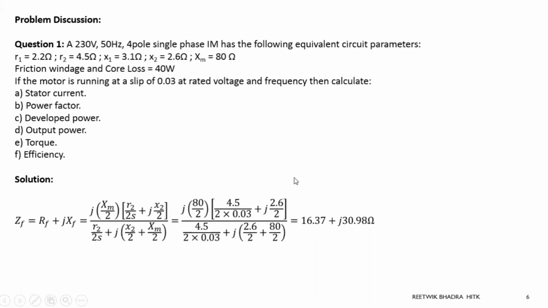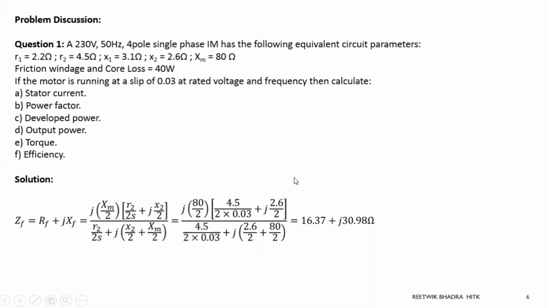Okay. So see over here, it is said that it is a 230 volt, 50 hertz, 4 pole single phase induction motor. So supply is 230 volt, single phase supply. Please be careful, single phase supply, 50 hertz. So you don't have to do divided by root 3. For delta, VL equals VPH, and for star, VL equals root 3 VPH. So you don't have to go for that conversion. Please do follow this.